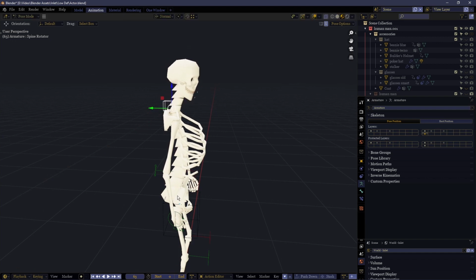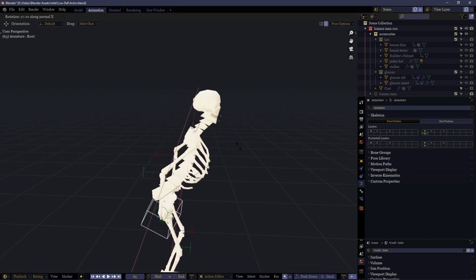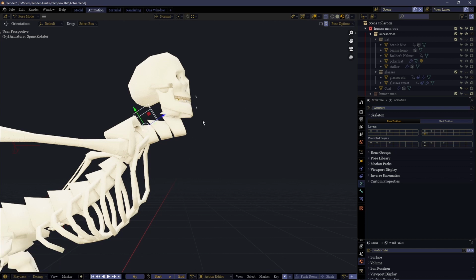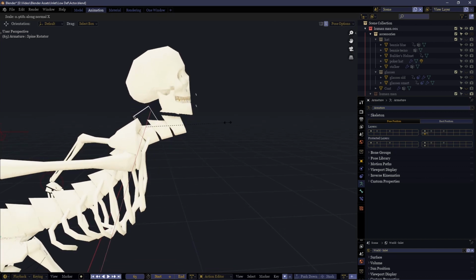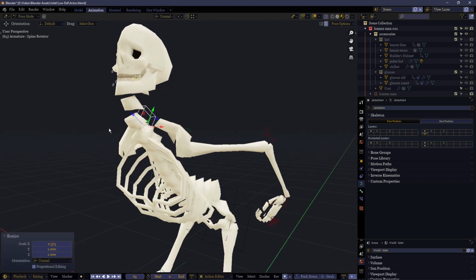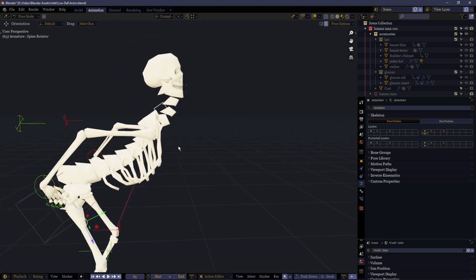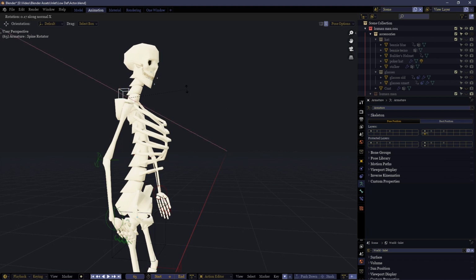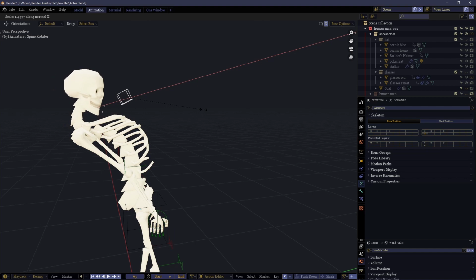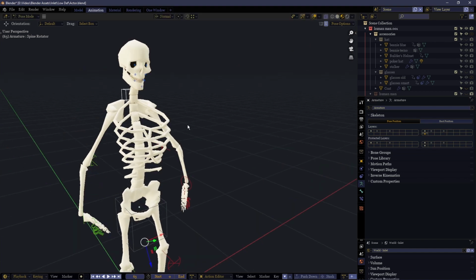Now I added this in because sometimes, like when he's leaning forwards and stuff, the neck can become quite strange. Looks like it's broken in a way. So now you can just scale it down on the X-axis, and it makes it look a bit more natural. The same is true for leaning backwards. Again, the neck looks kind of broken, so you can just move it forwards, move it backwards. It just gives you some extra control.